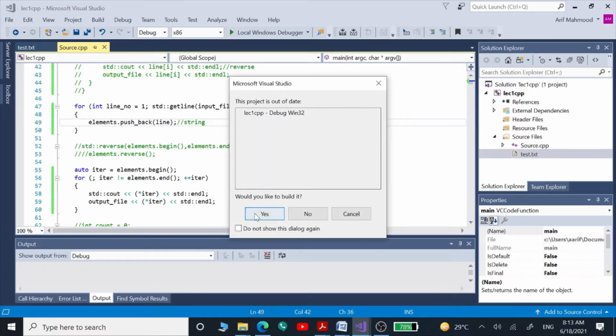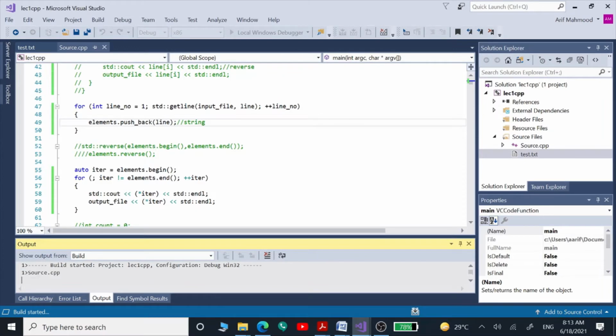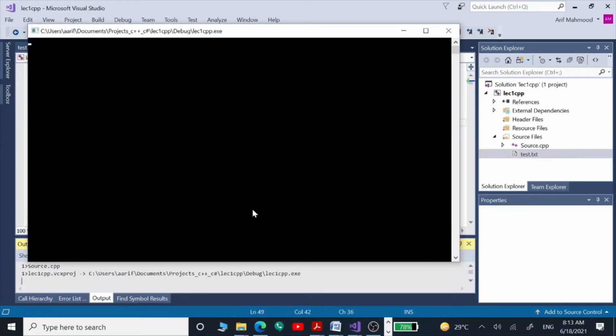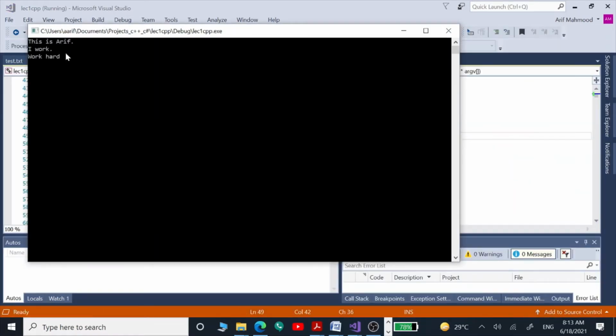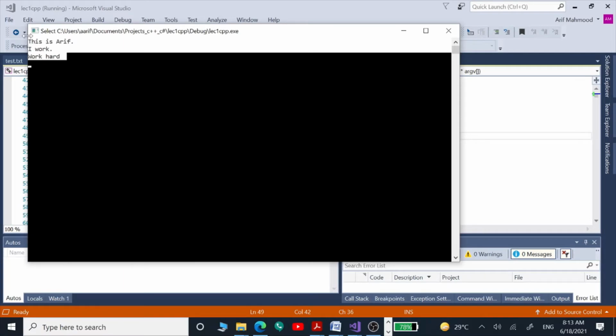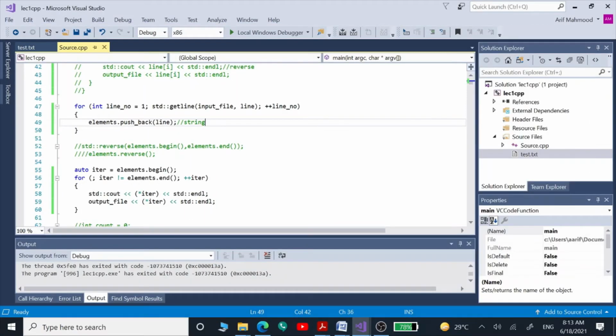So let's build and run this program. So we see our three input file lines on the console window. First we store those lines using this for loop, and then in the second for loop we display those, and instead of auto you can use list here as well.